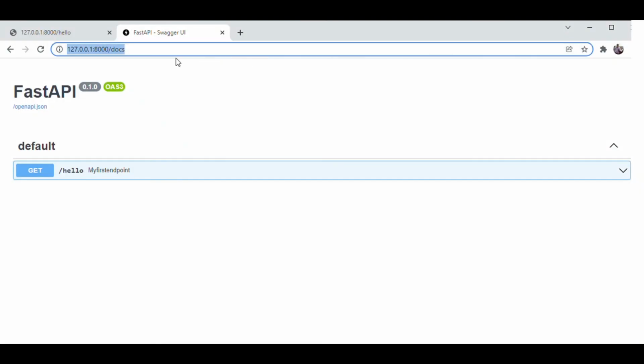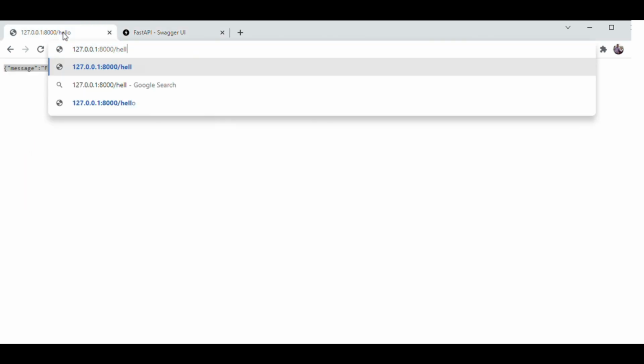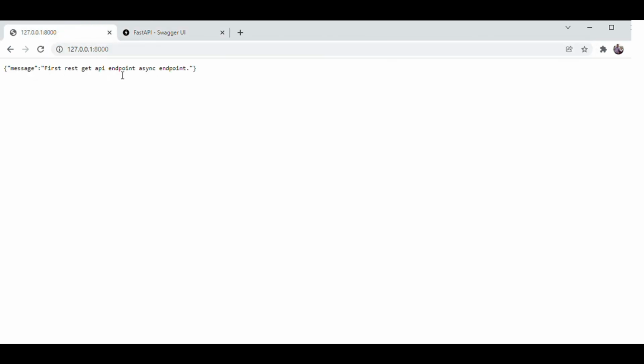Guys, we are in the browser. Let's first refresh our documentation page. If you look at the documentation page, this is my first endpoint. This is the name of the function that we have written there, and it will be part of this. So we can change the Swagger file. I'll show you how you can create your custom Swagger file. When I remove this endpoint, you'll see this message will change.